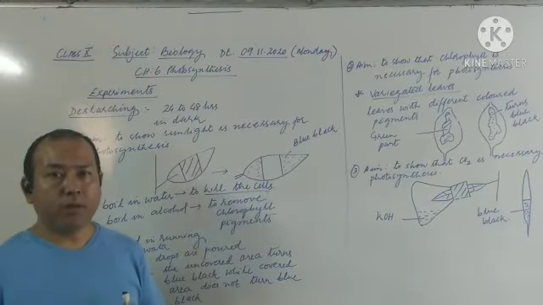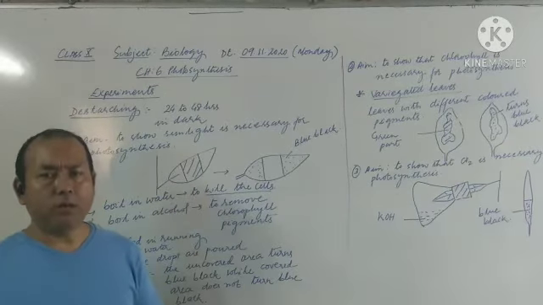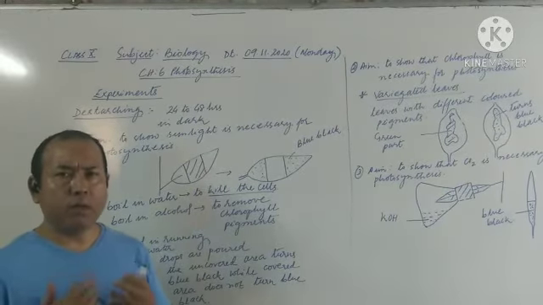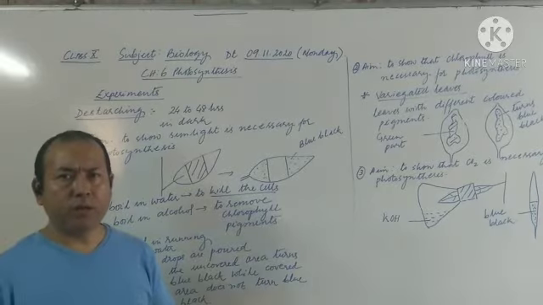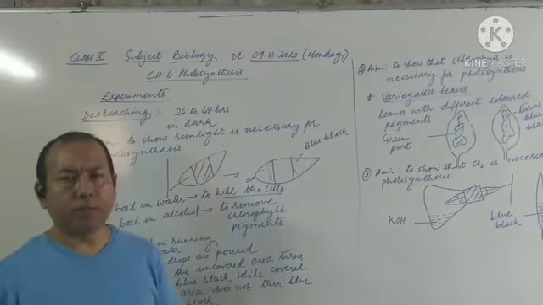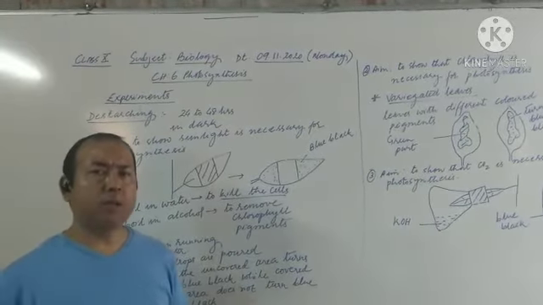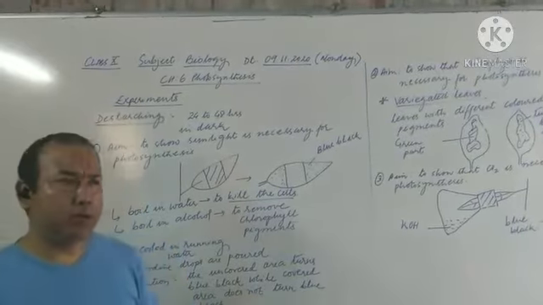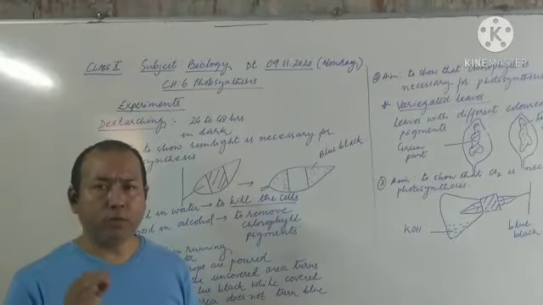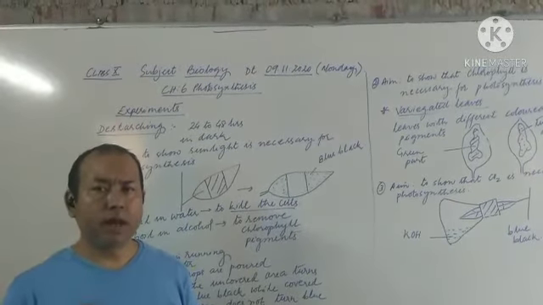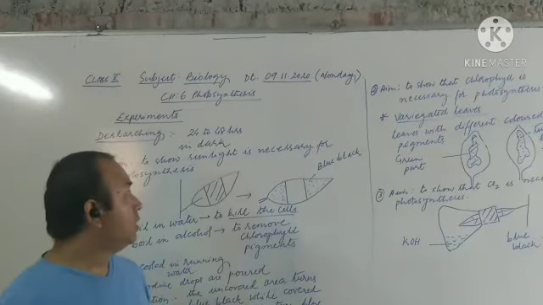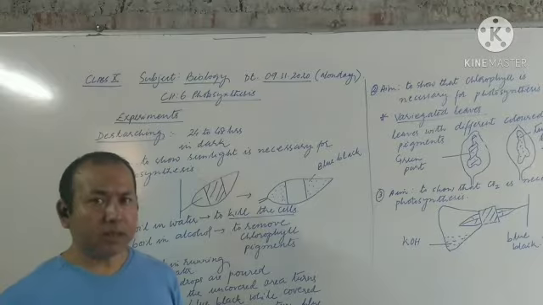Discharging is the process of keeping the plant for 24 to 48 hours in a dark place, so that whatever starch has been produced or is present in the plant is all used up. So whenever you are asked to define discharging, you need to say that discharging is the process of keeping the plant for 24 to 48 hours in a dark place to remove the starch from the plant body. Then after that, let's start the experiment now.